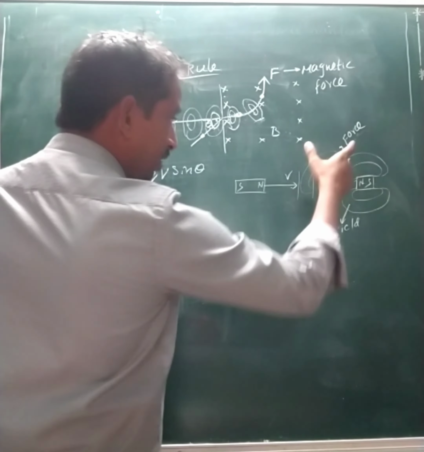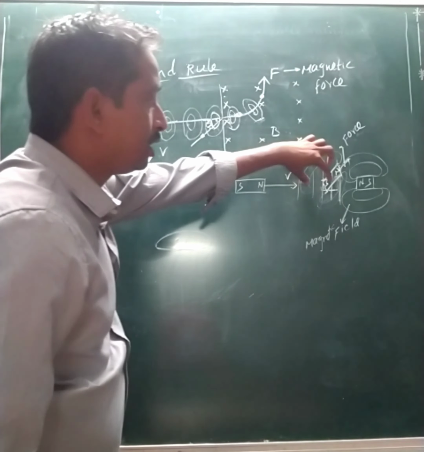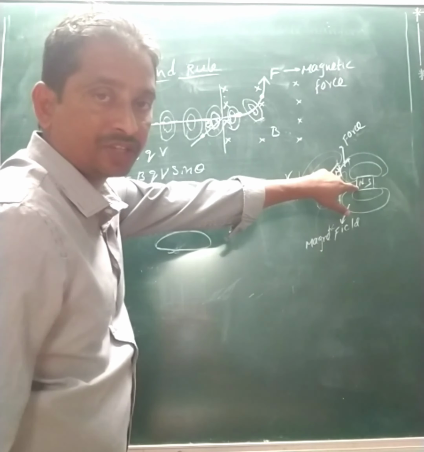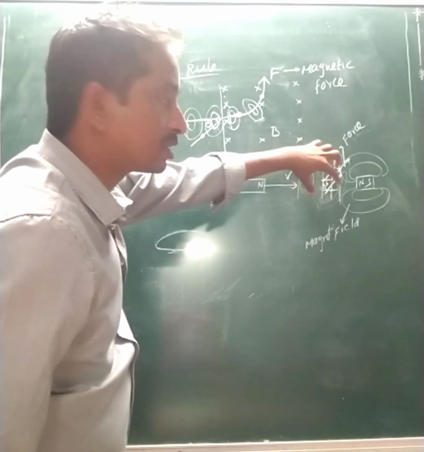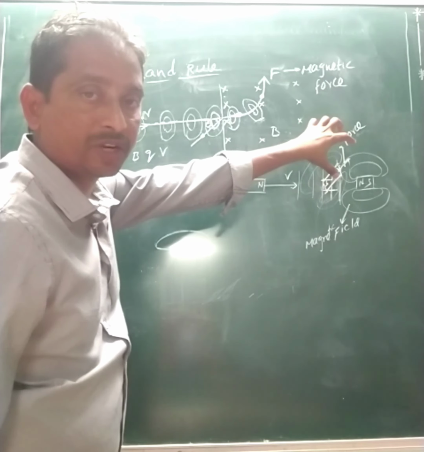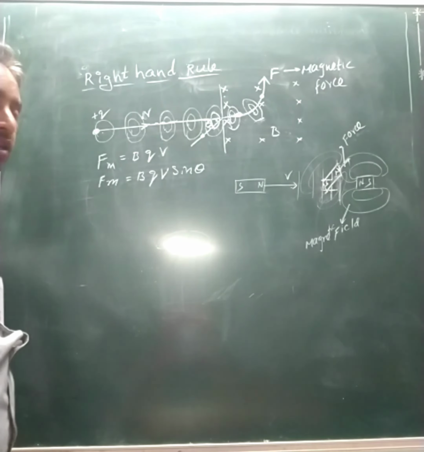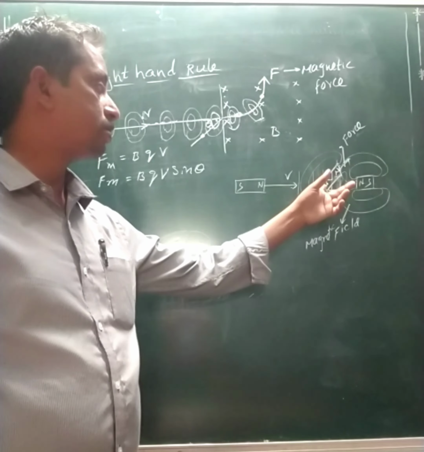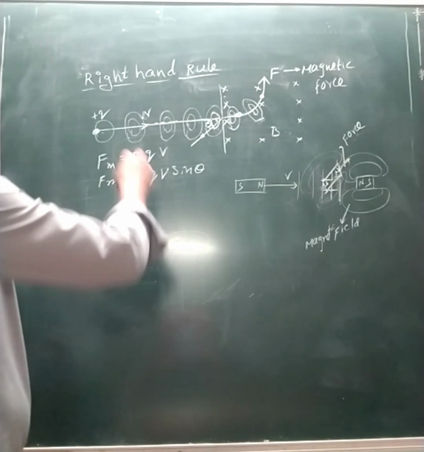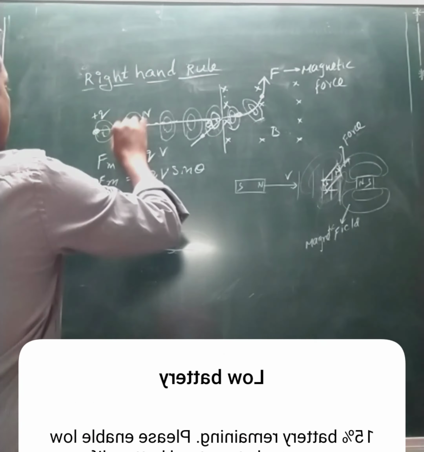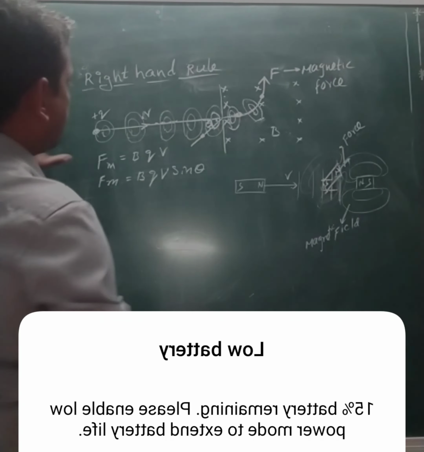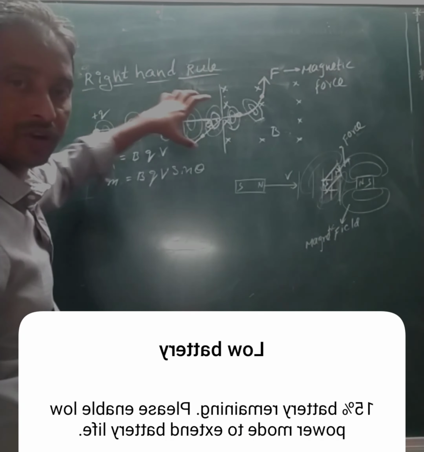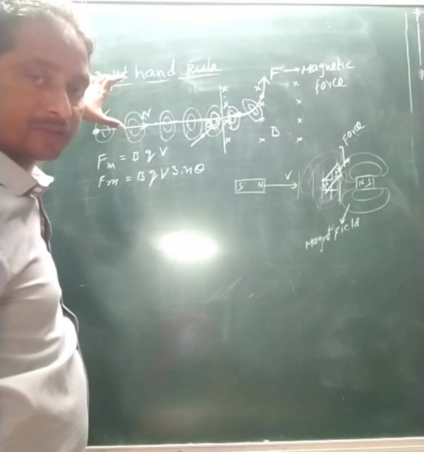When it comes to the nearest point, what happens automatically? This is fixed, it does not change. But before it reaches the nearest point, it is automatically tilted. Why tilted? Because field lines are there, a force is there, and two forces will be opposed. Similarly here also the charge is in motion, so field lines are around it, but is any other field there? No, it is going in a straight line only.